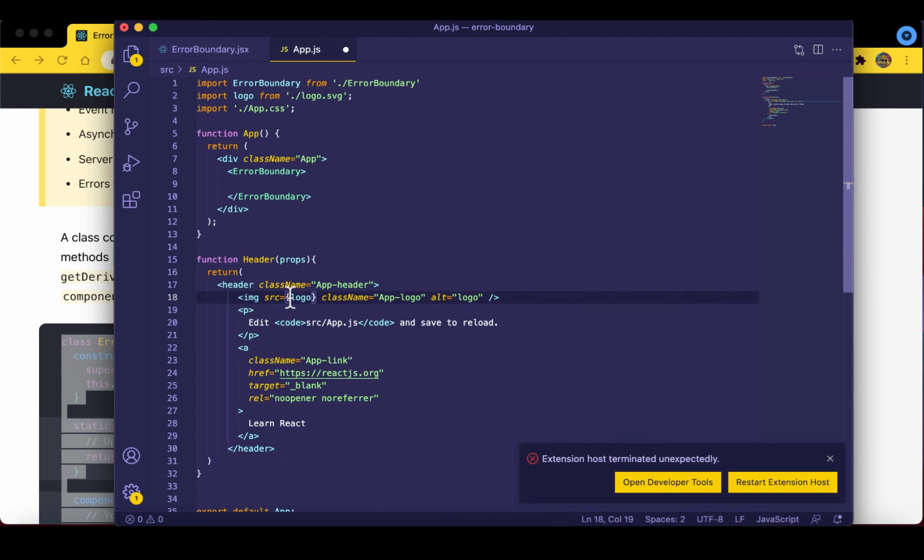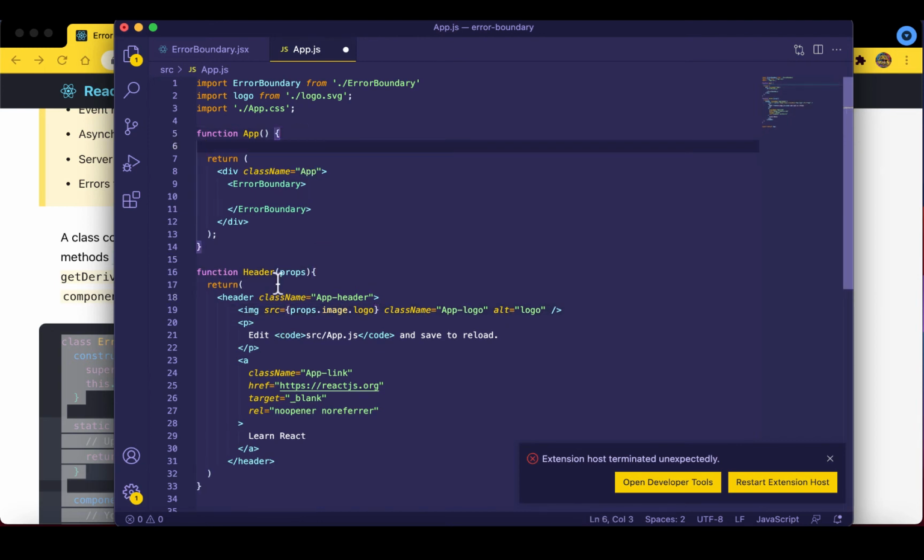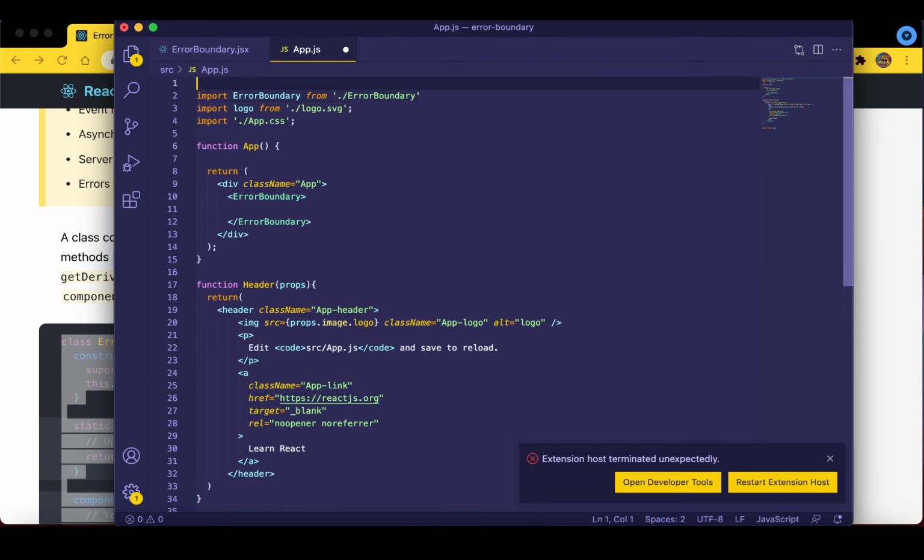Now we need this, so let's say props dot image.logo, because I want an error, so I need it to be nested twice. Another thing we want here is to import useState and useEffect